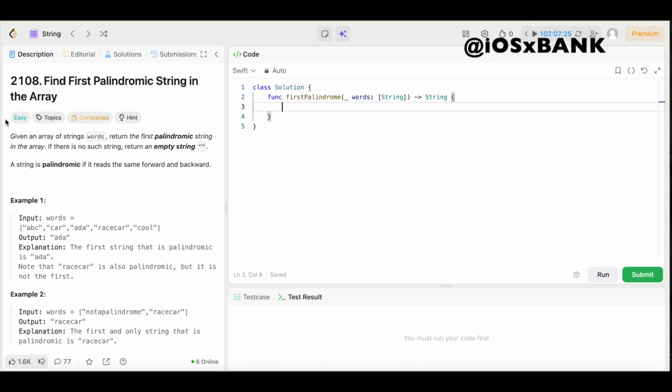And today we have question number 2108. Find first palindromic string in the array. The difficulty level is easy, so you already know we're going to keep the solution as simple and easy to